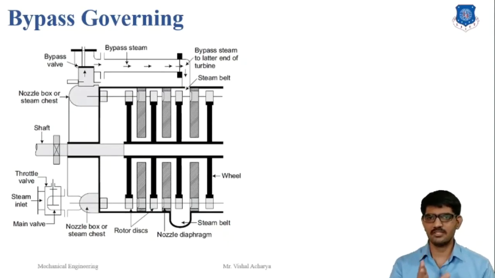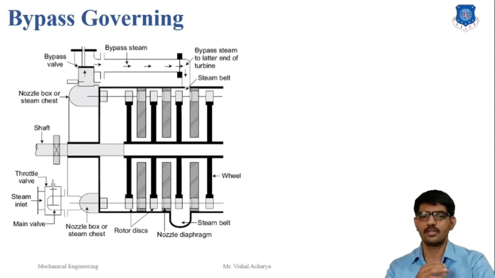In the shown figure, steam required up to the economical load is passed through the inlet valve and is collected at the nozzle stage. The governing is affected by the throttle valve. However, at a load more than the economical load, the bypass valve opens as shown in the figure and part of the steam is bypassed into the steam belt, and this steam mixes with the steam of the high pressure turbine stages. It is supplied to the lower stages of the turbine. This increases the power output of the turbine. The movement of the bypass valve is controlled by the turbine governor.